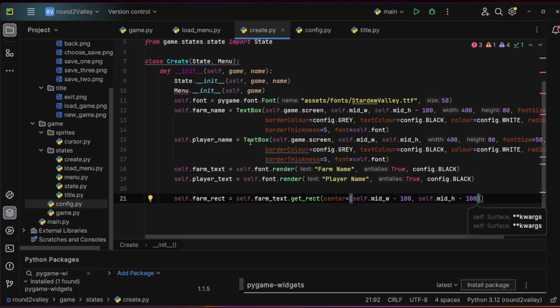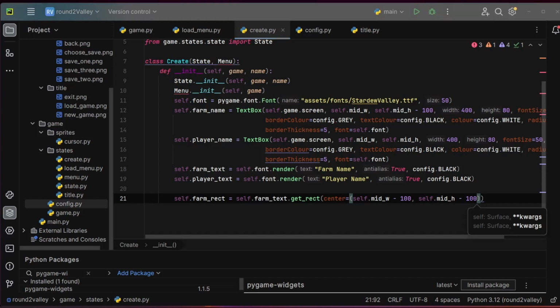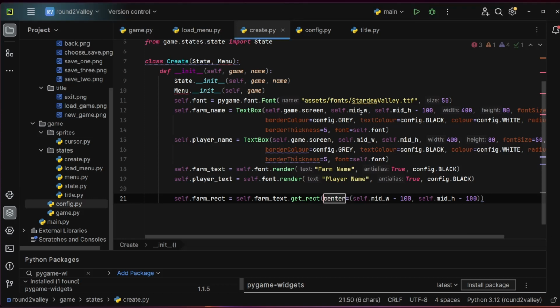I wonder if I can, let me look at the documentation for the text box real quick. I'll be right back. Okay, I don't think that the text box has the like center and right and top right attributes that rects have. So I can't position it next to it in that way. But I think what I can do, because I think these are the top left positions for the text boxes, is if I put the top right equal to those values, so self.midwidth and then self.midheight minus 100,